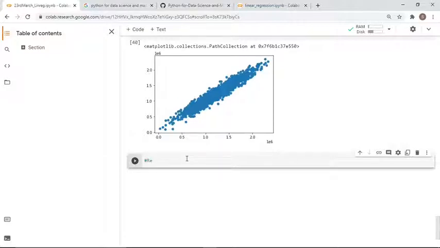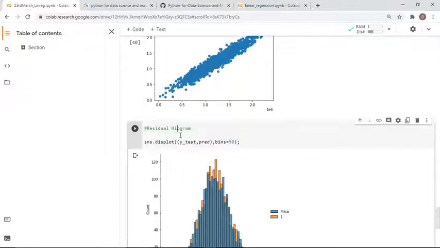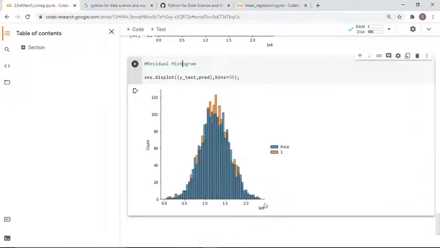Okay, the residual histogram has been displayed, where y underscore test and prediction both have been displayed.